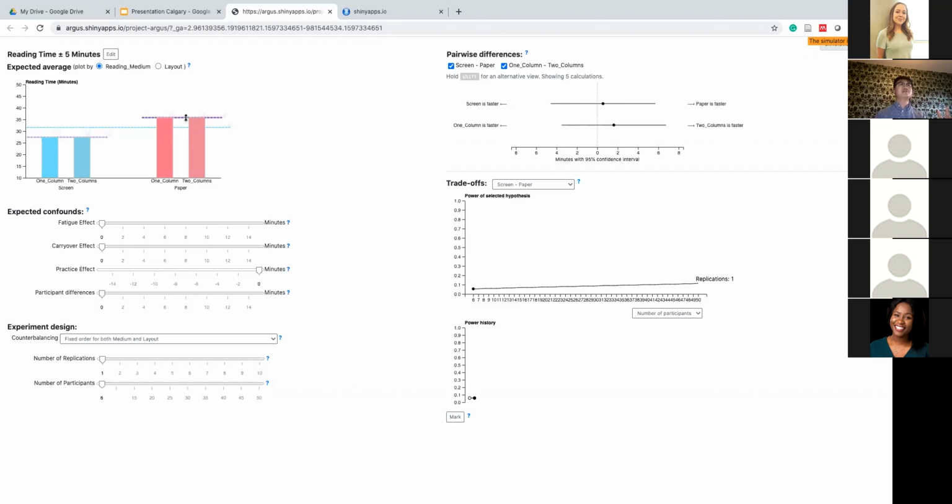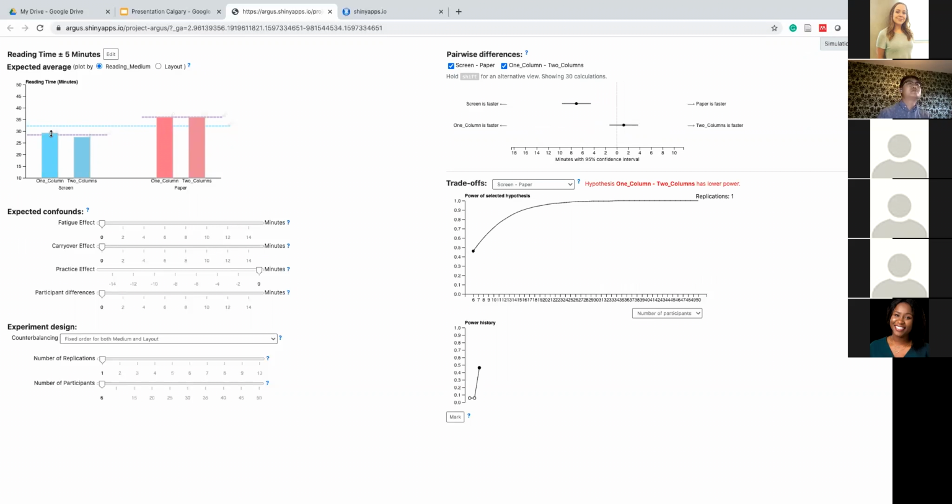So I adjusted the time for paper to, for example, 42. And since I think 2 columns is faster than 1 column, I increased the reading time for 1 column a little bit. And similarly, I decreased the 2 columns for the paper.